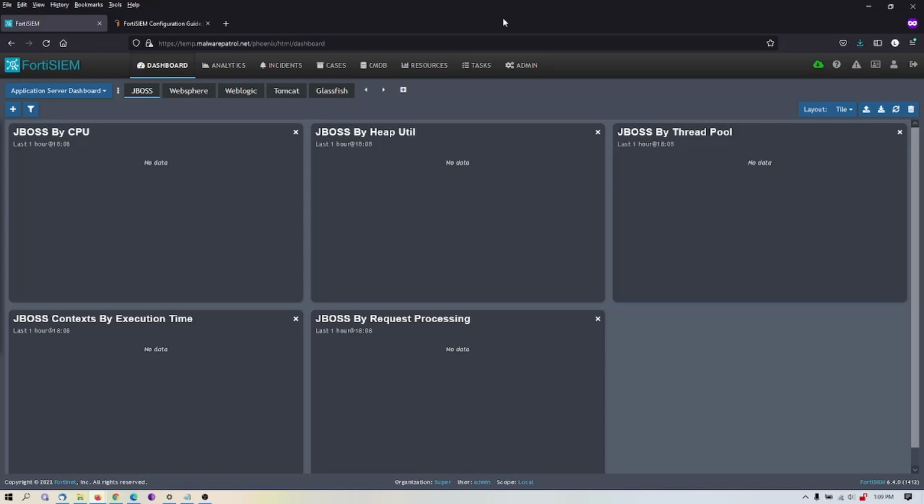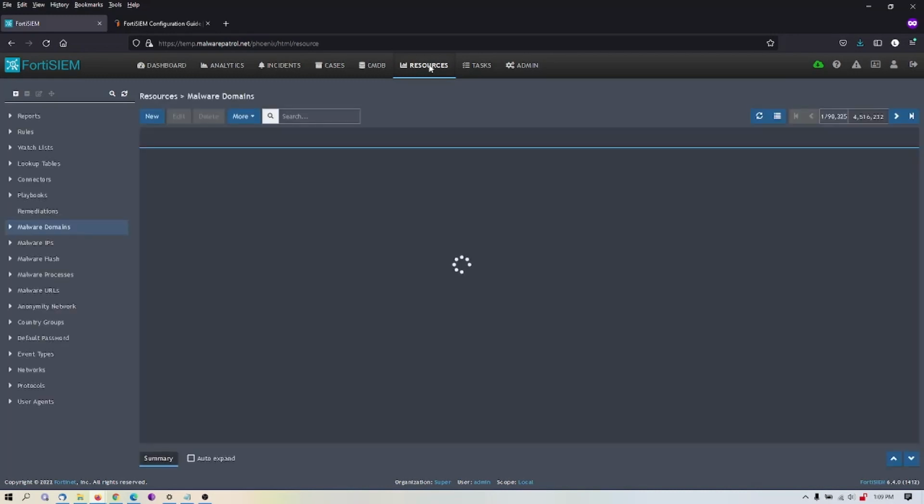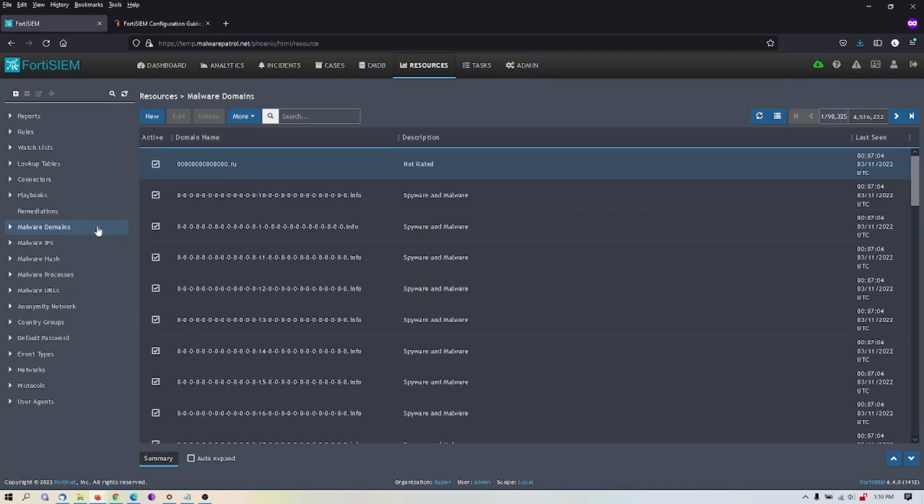From within this FortiSIEM dashboard, navigate to Resources. On the left-hand side here, about halfway down, you'll see the IOCs that can be integrated, or the types of IOCs that can be added as feeds here. So in malware domains, we'll leave this highlighted. We'll click up here to add